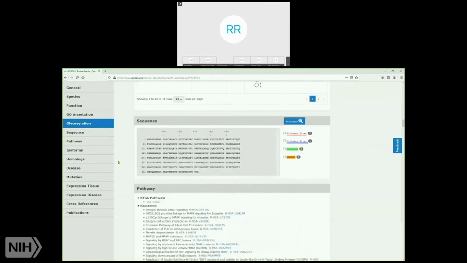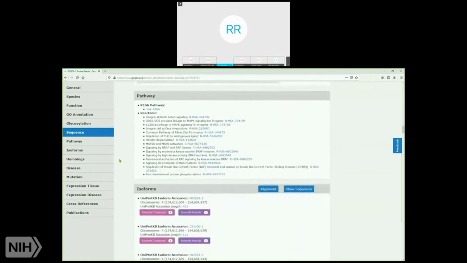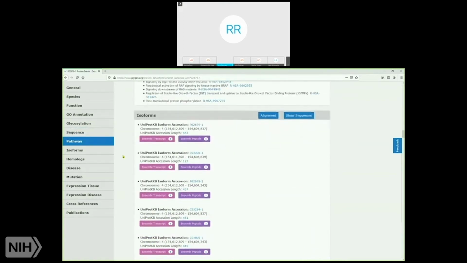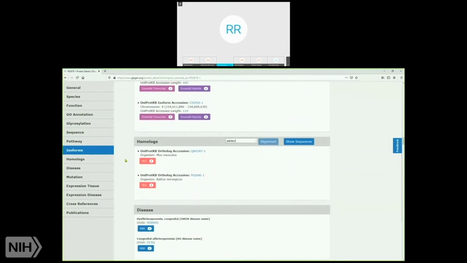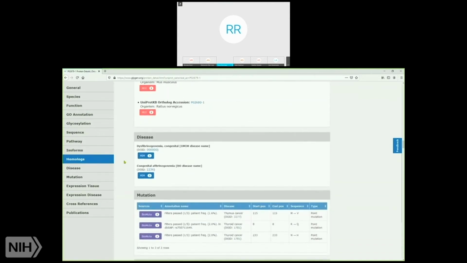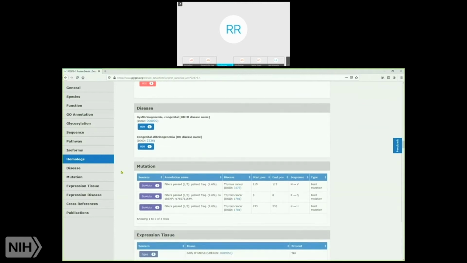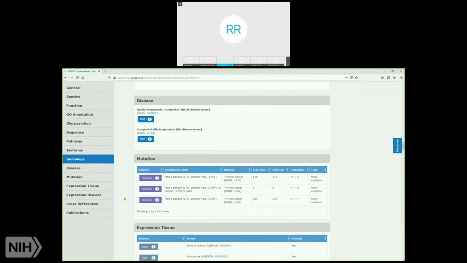Okay. So we have the sequence information. I will skip over that for the moment. We have pathway information, in which pathways that protein may have been involved. We have a list of isoforms for that protein. We also have a list of homologs in mouse and rat for that protein. Then we have disease annotations where people have reported that that protein was involved or changed in some kind of disease. We have common mutations that have been reported, and then also in which type of disease that